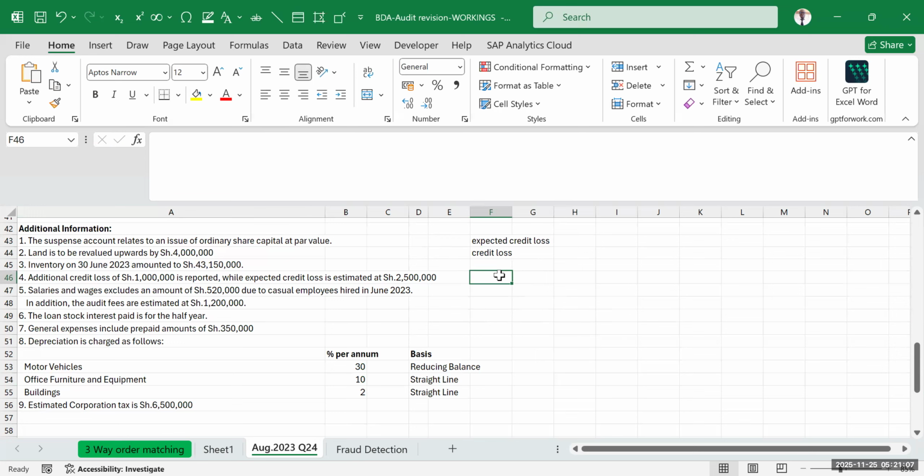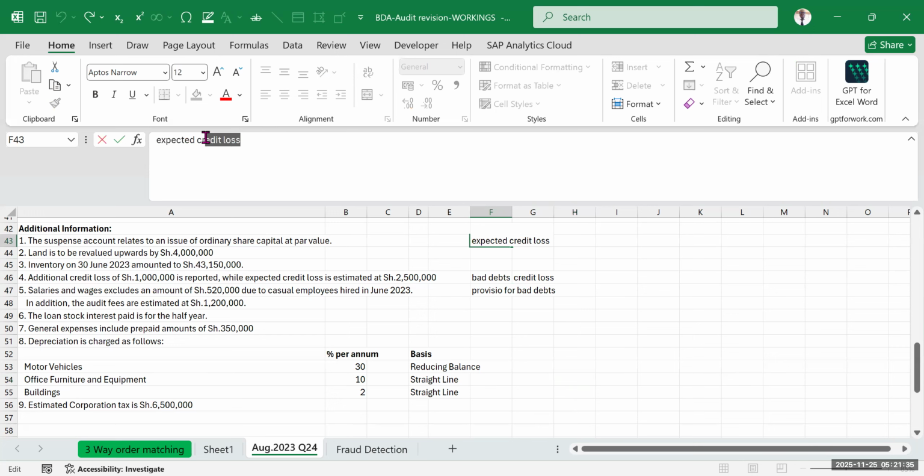And again, these will be closely related to bad debts and provision for bad debts. They are one and the same thing, just alternative terms. Credit loss simply means the same as bad debt. Then expected credit loss is provision for bad debts. Whenever you are expecting a loss on the credit that you gave, meaning you are not sure if your debtors will pay you back,